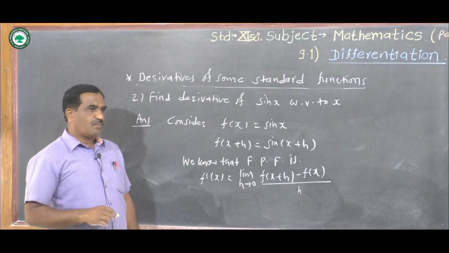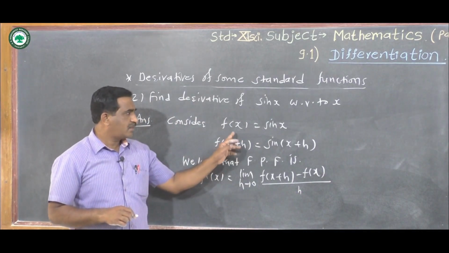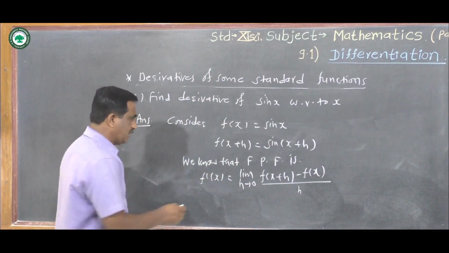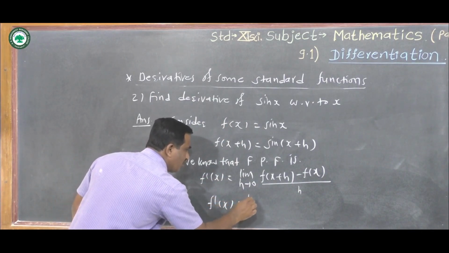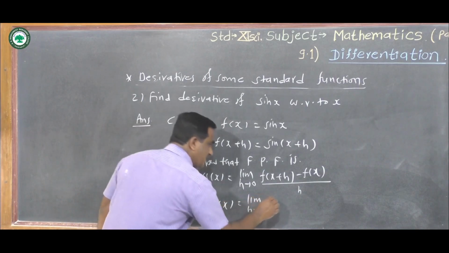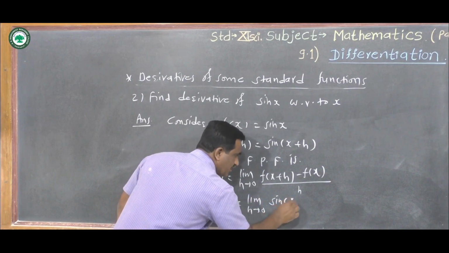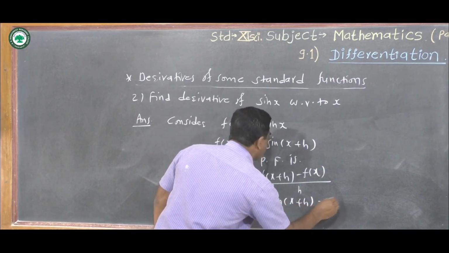Okay, now put values of f of x plus h and f of x in this equation, then we can write f dash of x is equal to limit h tends to 0, f of x plus h means sin of x plus h, minus sin x